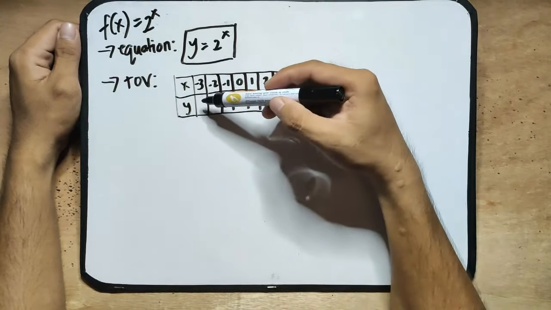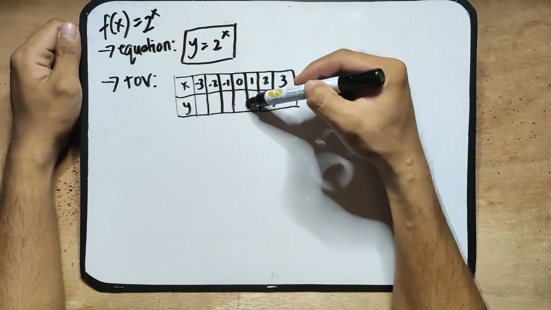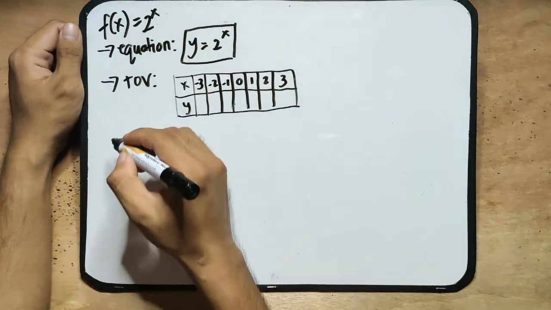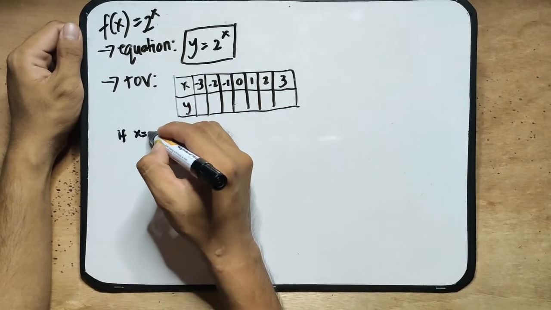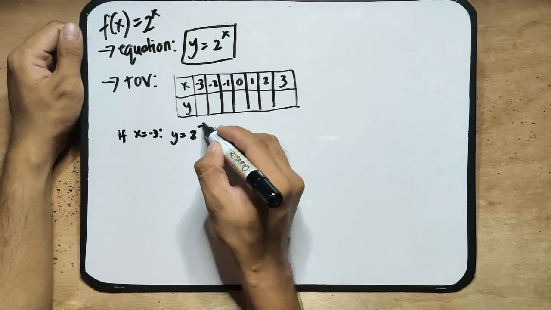So for us to obtain the values here, we substitute each x value to this variable x to the exponent. So if x is equal to negative 3, then we have y will be 2 raised to negative 3, or